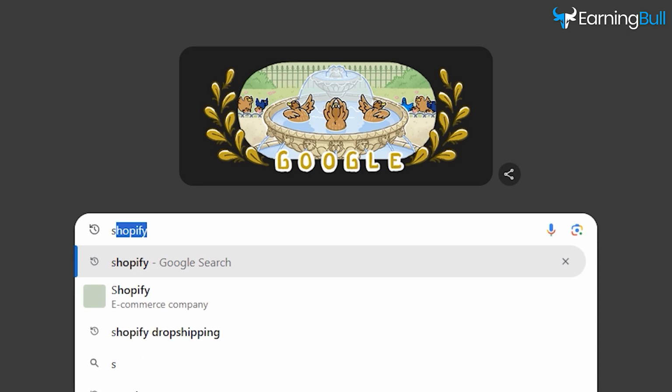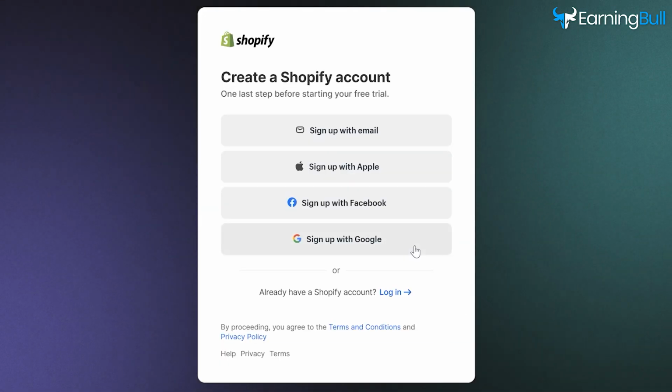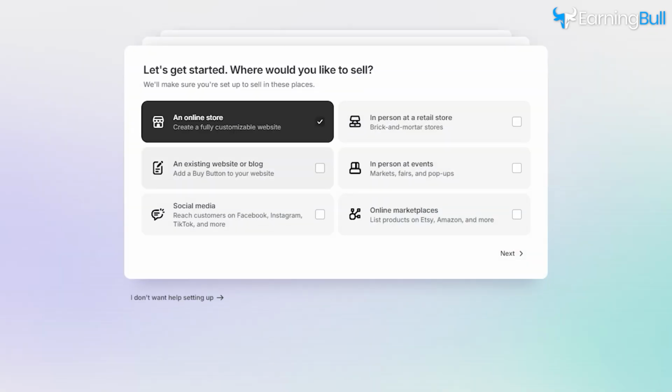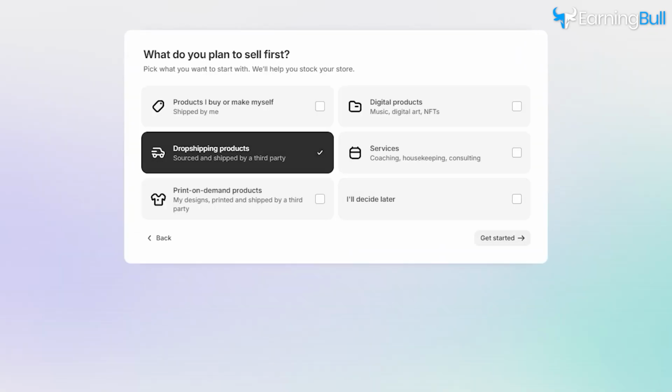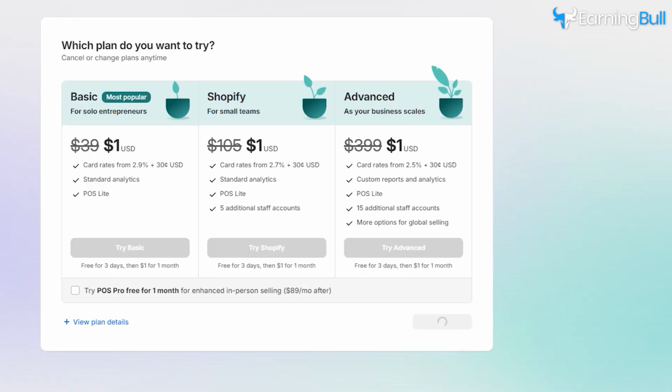The next step is to go to Shopify. Once you've signed up, then you can create your Shopify ID. This part is all about filling in your personal information. Enter all your details and you'll be ready to move on to the following step, which is to upload